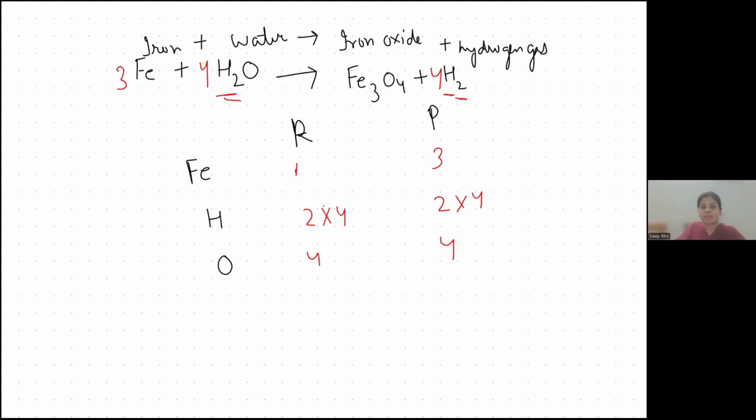This is the complete balanced chemical equation by writing its state: iron in the solid state, water in the liquid state, and Fe3O4, iron oxide, is in the solid and hydrogen gas in the gaseous state. Yes, by writing its state, this is the complete balanced chemical equation. So now coming to